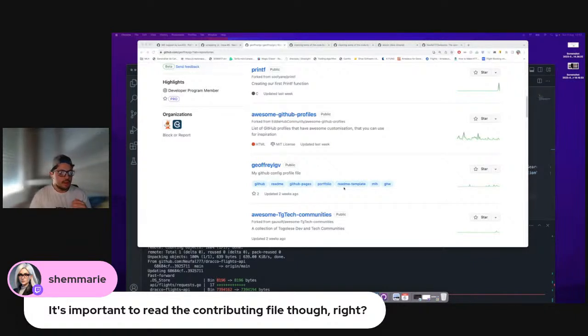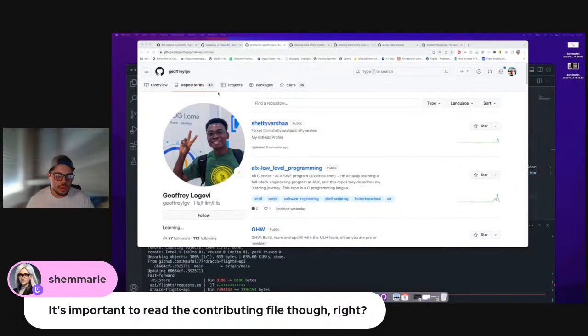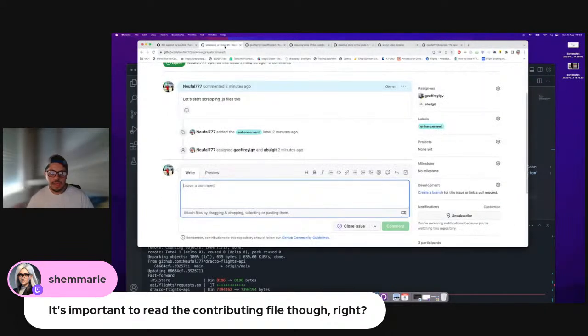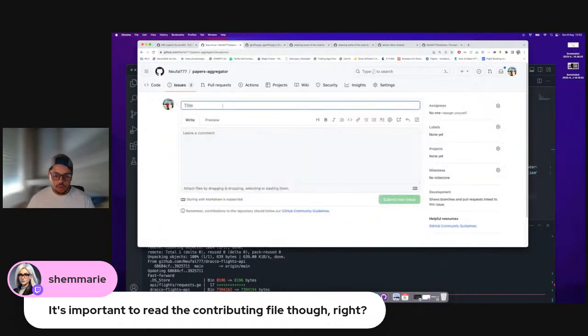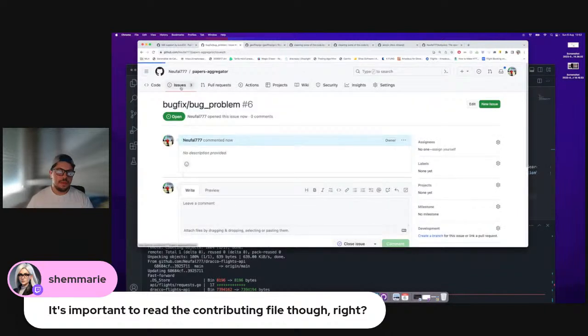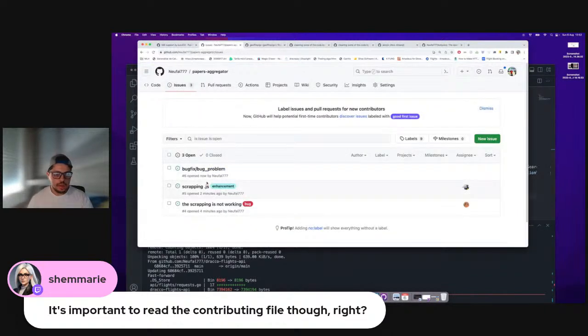So everybody can, when I see an issue starting with bugfix slash, like, let's say, bugfix slash bug problem, this will be a bug. So if I just keep this nomenclature and all that stuff, and the project has a structure,